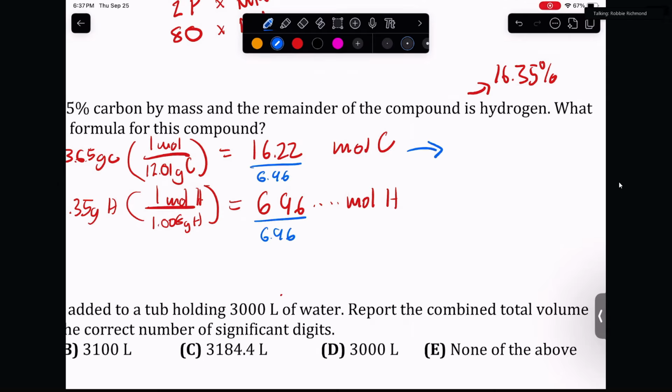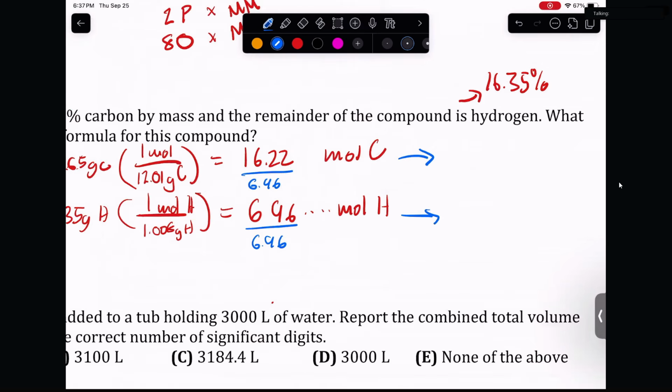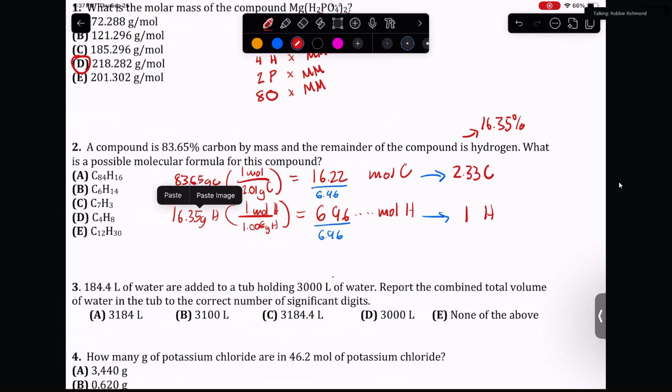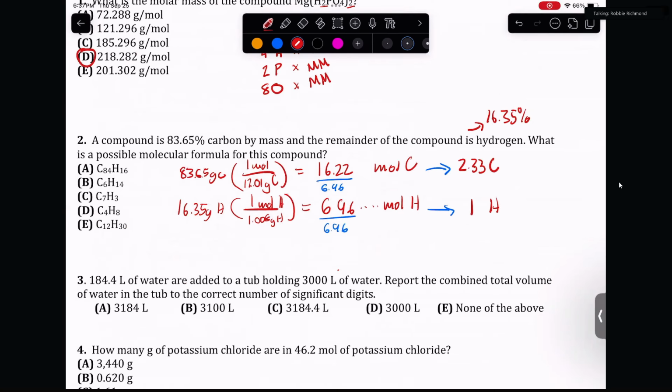And we will get a ratio of carbons to hydrogens, aka empirical formula. So 6.96 divided by 6.96, that's going to be 1 hydrogen. Then for carbon, 16.22 divided by 6.96, that's going to be 2.33 carbon. There's an issue here. We cannot write C subscript 2.33H. To solve that, we will just have to,